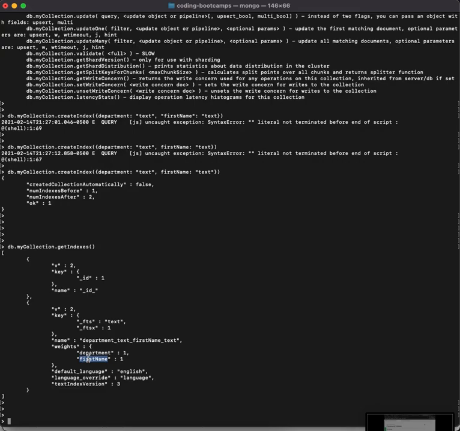Again, it gets a little more complicated and advanced as you get into this type of concept in databases, but it's definitely very useful, and I highly recommend you read more into compound indexing. So with that said, we will close